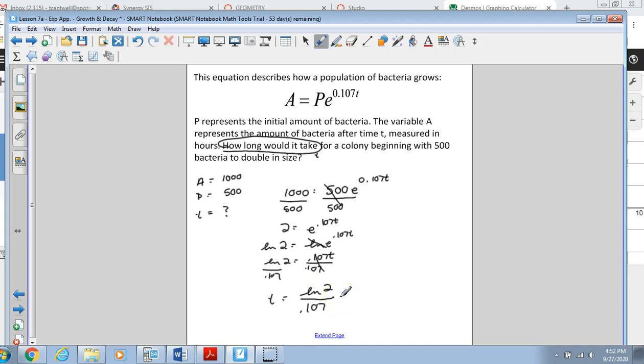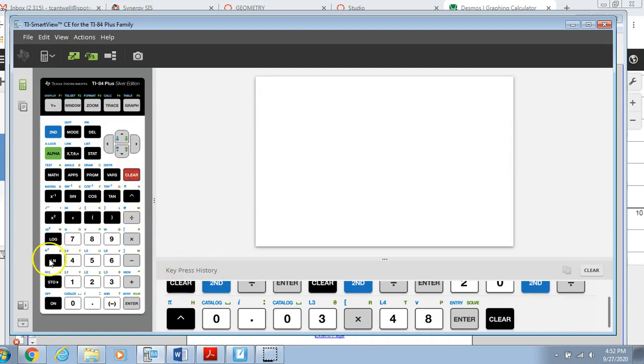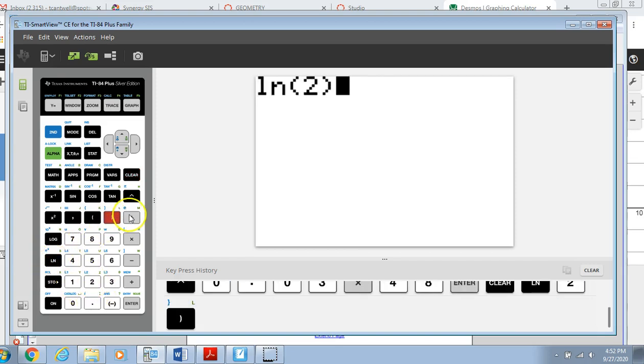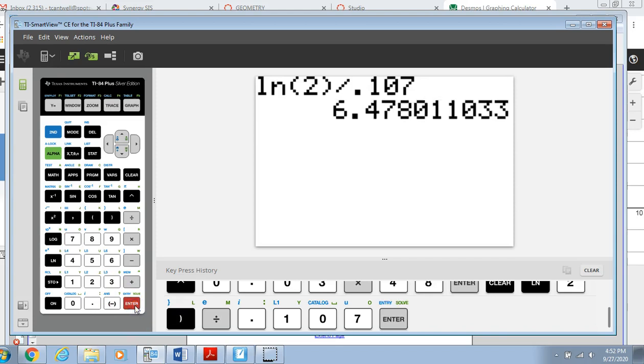And then we get that t is equal to the natural log of 2 over 0.107. Well, we'd really like to get that as a decimal, so if you go over to your graphing calculator or go over to Desmos and enter that, the natural log of 2, divide it by 0.107. Let's make sure to do that on the calculator. I'm just going to show really quickly. The natural log, remember on your graphing calculator, is over here on the left. The natural log of 2, close your parentheses, divided by 0.107, enter, gives us a value of